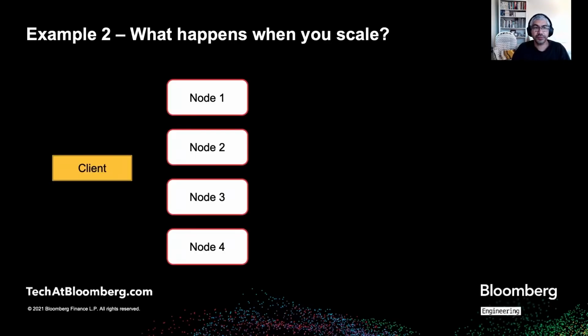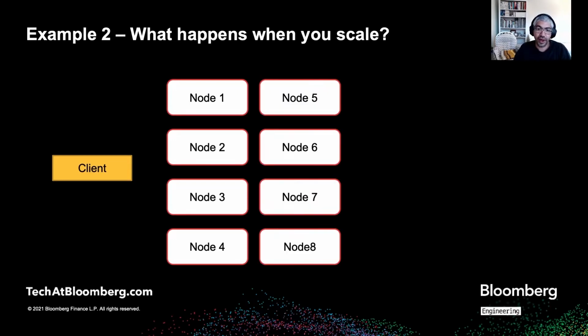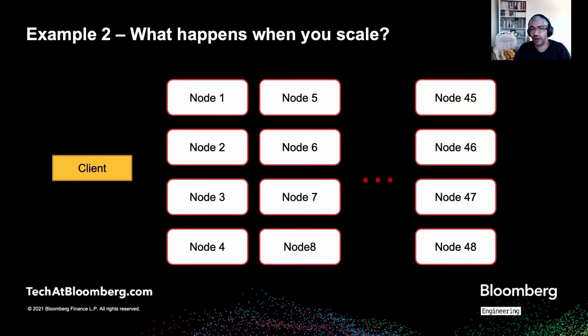So our next experiment is an example of what happens when you scale. This is a case where you have a client or n number of clients, and you have 4 nodes, and you design your application to be web scale. So it's perfectly horizontally scalable. You're a startup, you go out in the wild, and it's wildly successful, and then you start adding nodes. So you add another 4 nodes, and it's even more successful. It's growing, doubling year by year, so you're seeing exponential growth. And then eventually you add a whole bunch of nodes.